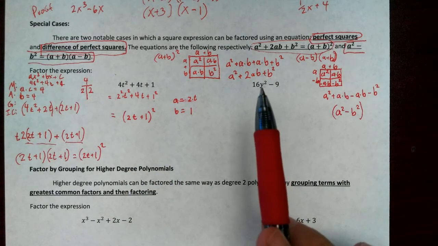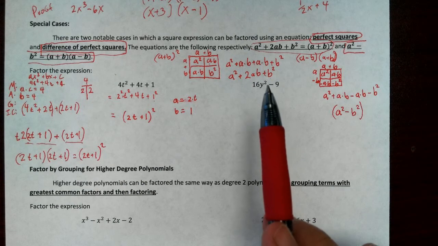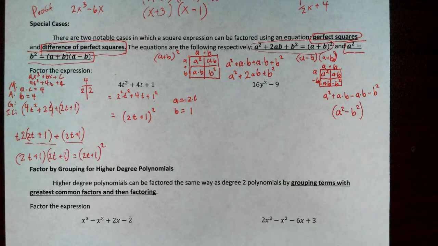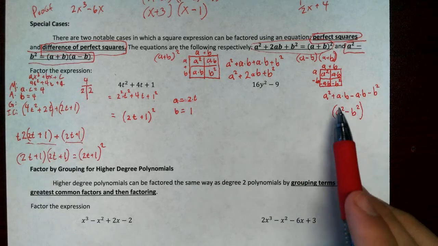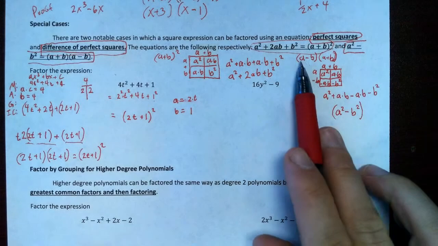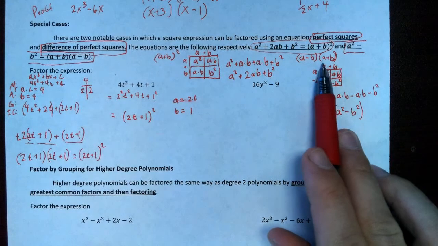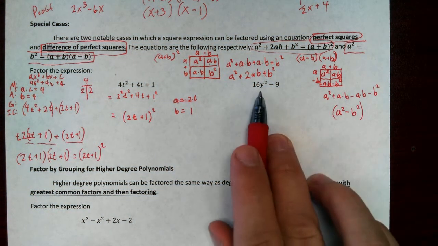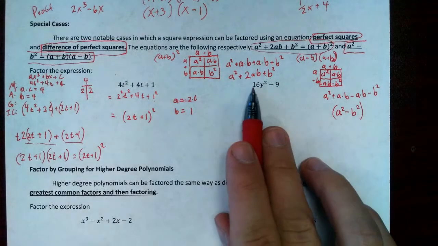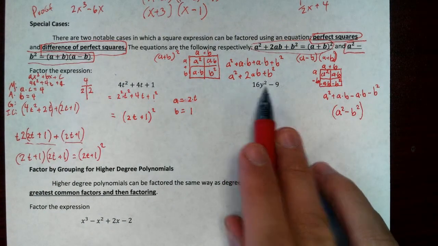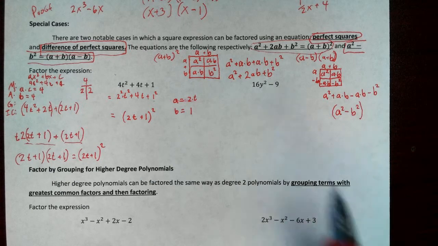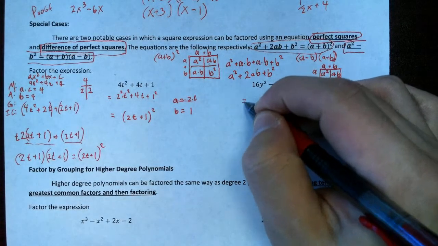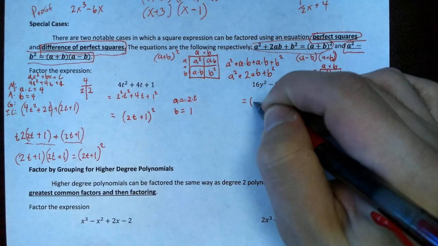So then what takes us all the way? We see that minus sign. The minus indicates the difference. Okay? And so, knowing that this is our difference of perfect squares format, a minus b times a plus b is equal to a squared minus b squared. I notice that format matches perfectly. 16 is a perfect square, y squared is a perfect square, and so is 9. So I'm going to go ahead and